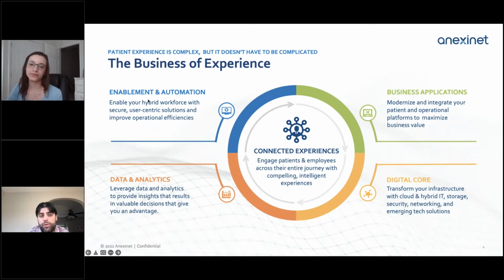So we have enablement and automation solutions, business application solutions, which could be patient-facing or internal workforce-facing digital applications, digital core, which is the infrastructure, cloud, and hybrid IT solutions that the applications and automation solutions would run on, and data and analytics solutions, which is obviously where we're going to focus on in today's webinar, and in specific social listening